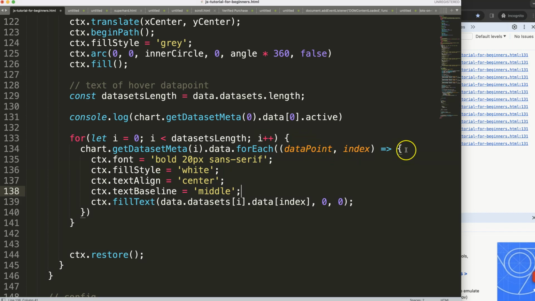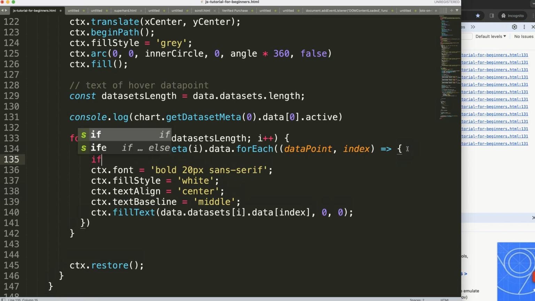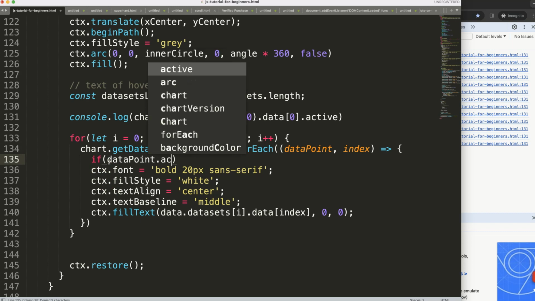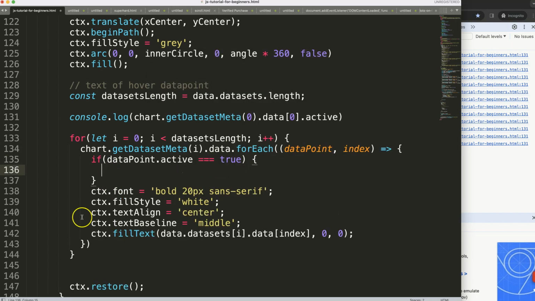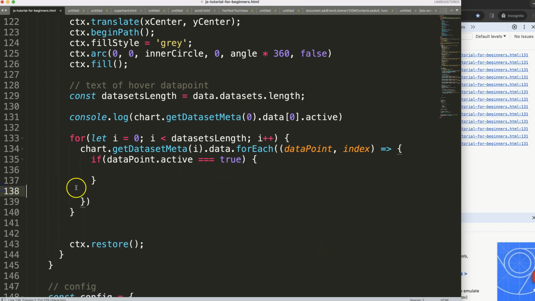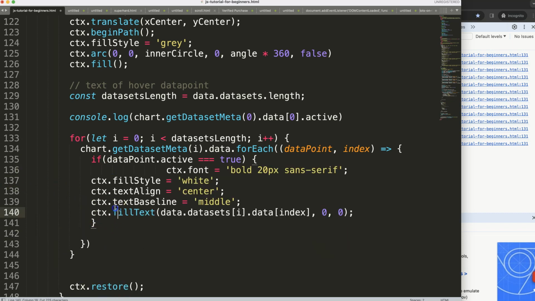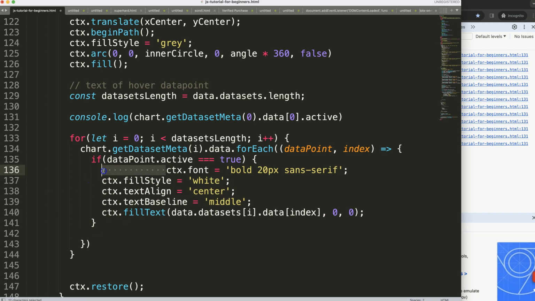So I can say, if the data point dot active equals strict true, if that is the case, please draw whatever we want to draw, else don't draw anything at all. So once we did this, put it in here,